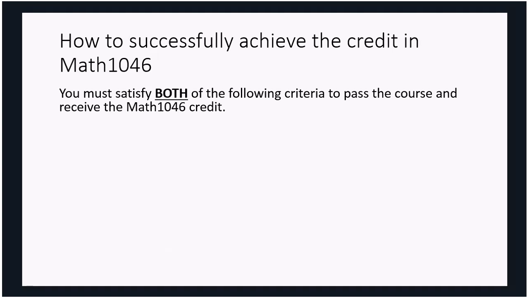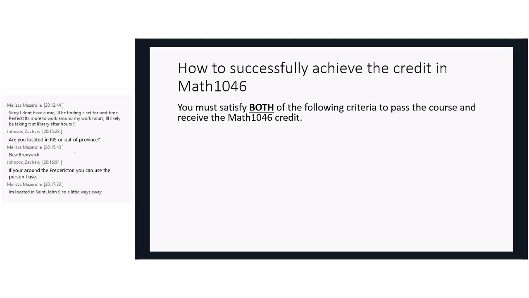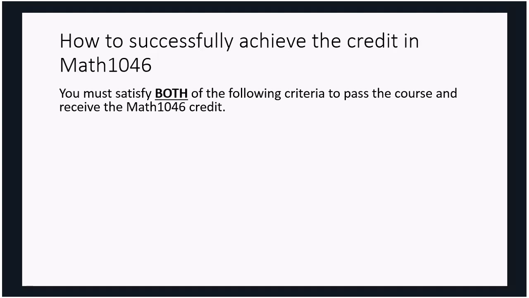Perfect. You're welcome. So the next little piece of legalese is how to successfully achieve the credit in Math 1046. First of all, this is part A of the two-part college academic mathematics credit. It's a 14-week course, Math 1046, and then there's another part B, which is Math 1047. Another 14-week course. Most people will take Math 1046, and then the next semester they'll go into Math 1047, and then those two credits make up the academic college math course, which is a prerequisite to university science programs, and also a prerequisite to many NSCC programs such as power engineering,